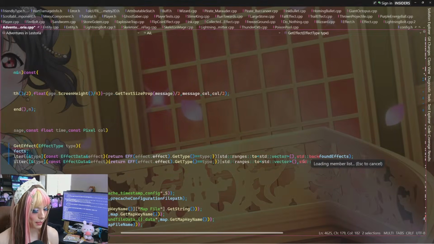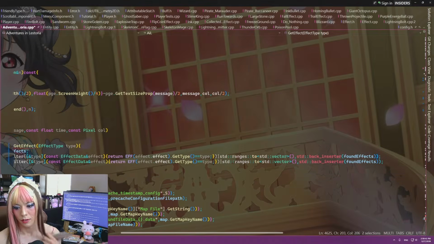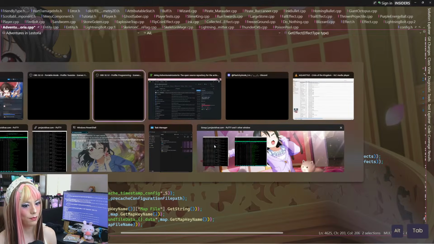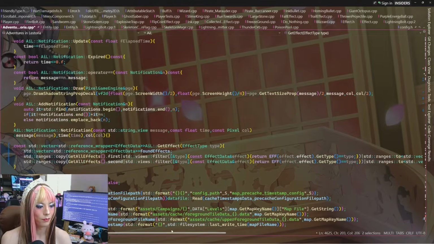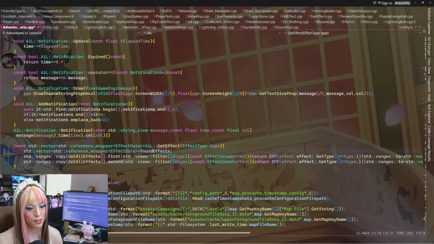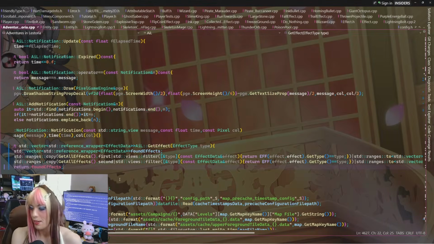Standard back inserter. Okay, it's happier with that, so now I just have to return whatever's in found effects. Cool. So I think we did that.